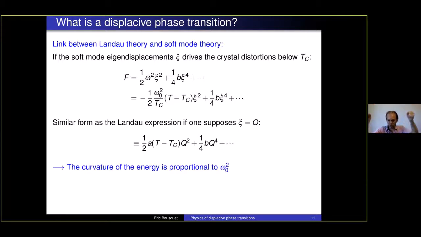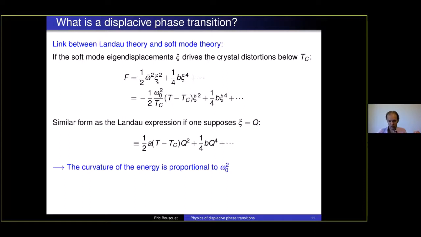But then we have seen in the picture that we have an oscillation of atoms, and then this oscillation of atoms is going to freeze into the structure. I can take this atomic displacement, let's say here I have one atom vibrating against the other one, and suppose this is the main distortion that drives the energy of the system. This means that I can write the free energy expansion with respect to the eigenvector of the phonon.